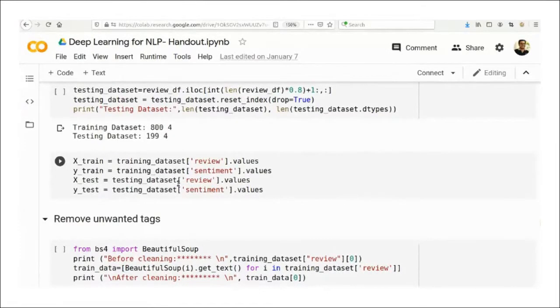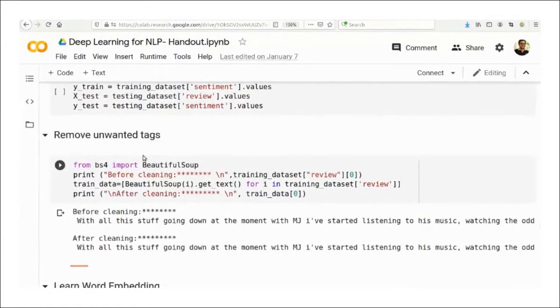So everything is ready. Now, as it is a text document, we have to do some pre-processing. We have to apply something, because it is actually the review collected from some online sites. So normally it is an HTML text. It has some HTML tags or some other web-based metadata information. So we have to remove them.